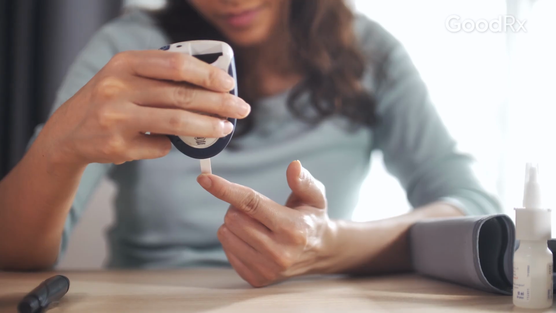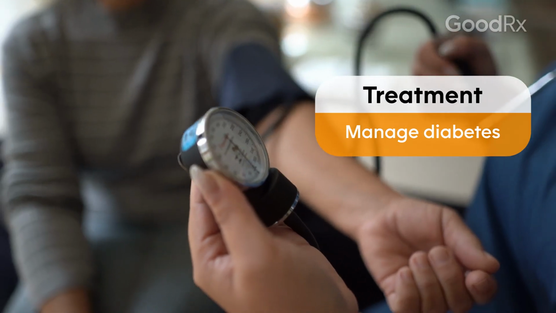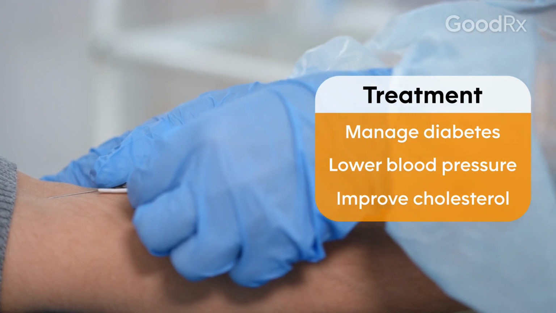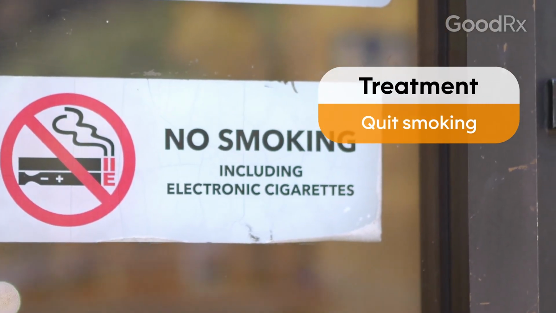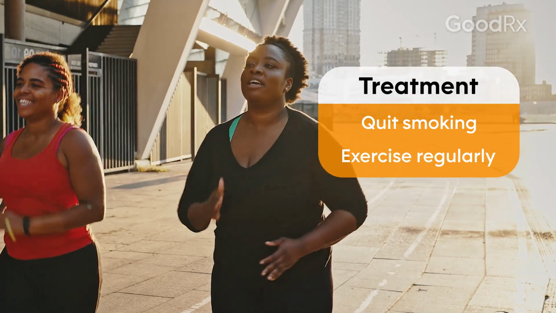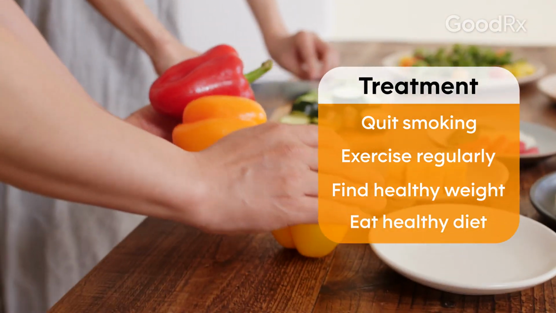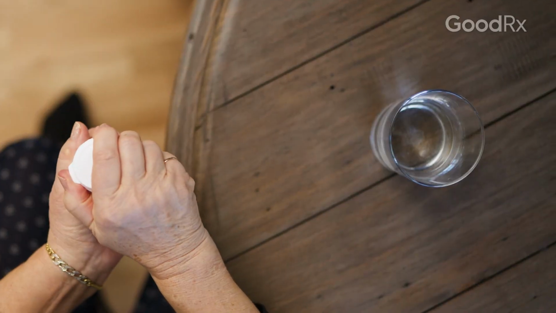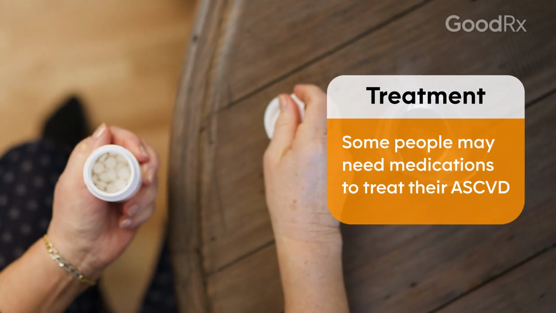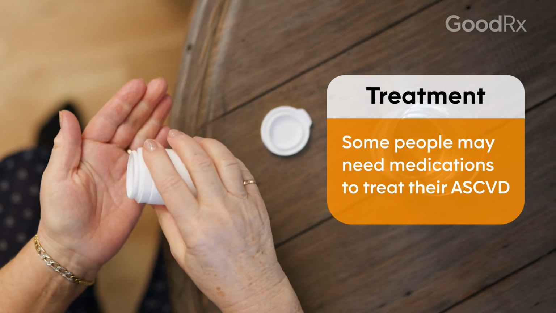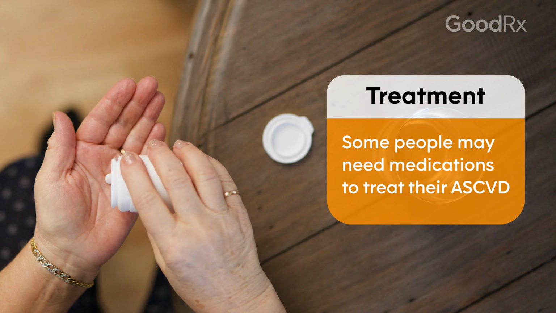For atherosclerotic heart disease, we really want to treat the multiple different risk factors that patients have. So we will treat diabetes, high blood pressure, and high cholesterol. We will recommend smoking cessation. We recommend aerobic brisk exercise, weight loss, loss of a sedentary lifestyle, and a Mediterranean type diet. In addition, some people will require medication, and that medication may include a baby aspirin, it may include a statin, and it may include other classes of drugs known as beta blockers to help prevent progression to more significant cardiovascular